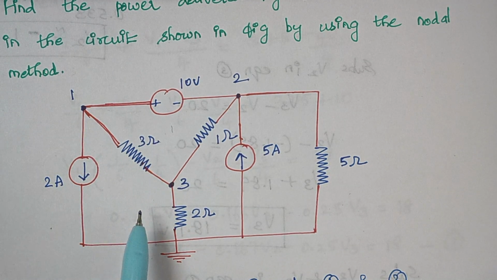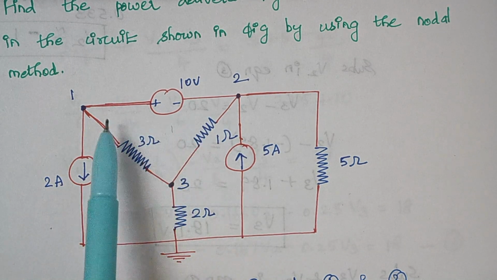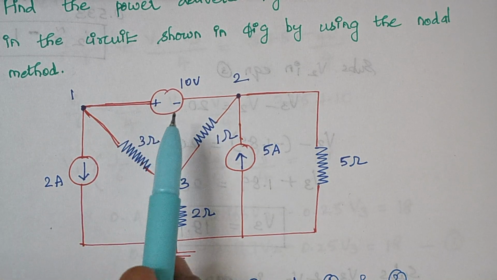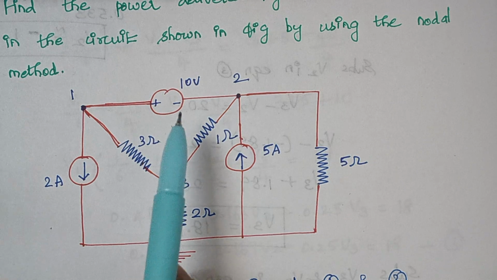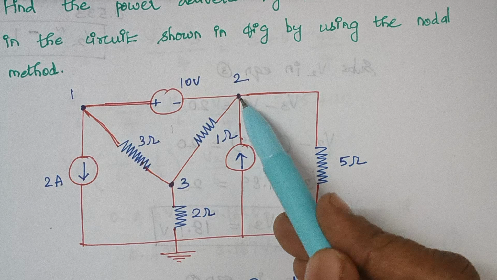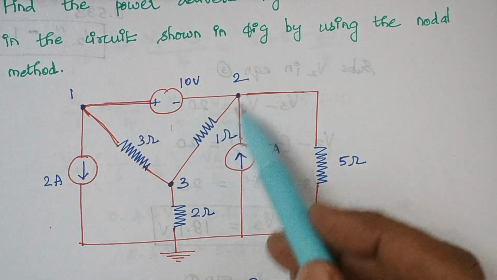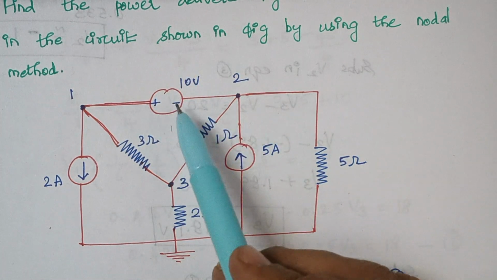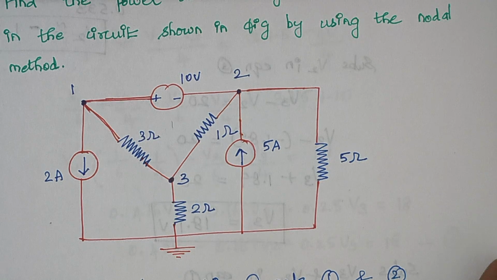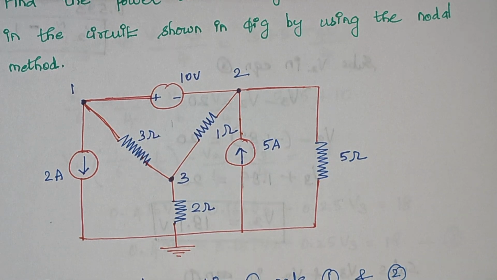While writing the equation, we will reject this voltage source, which means we will frame a separate equation for it. Looking at node 2, again we won't consider this 10 volt voltage source currently. So the combined nodal equation at nodes 1 and 2 is given as,